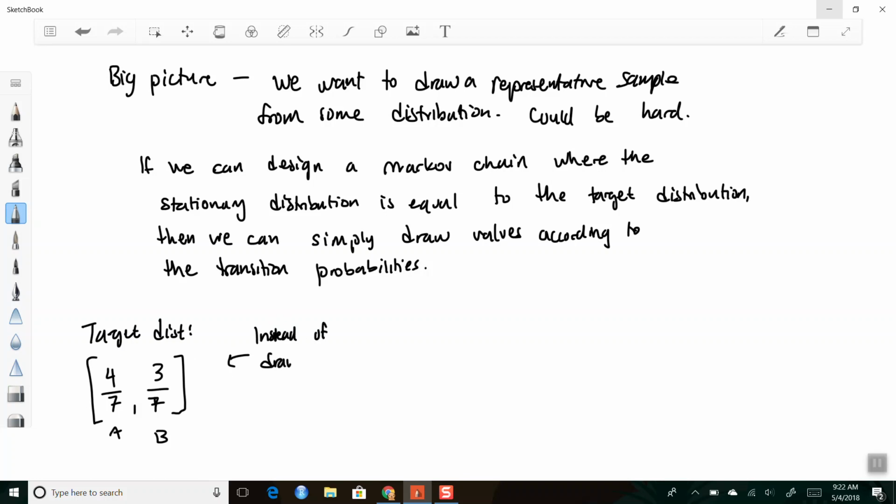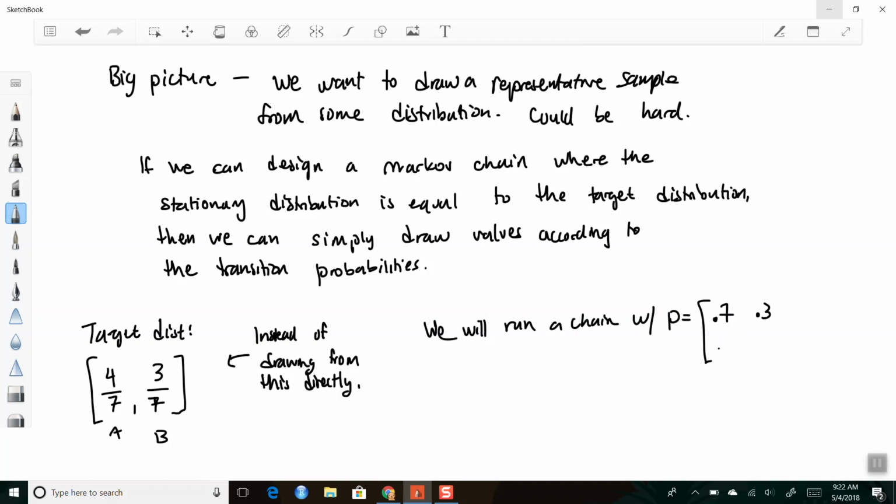Instead of drawing from this directly, we will run a chain with P equal to 0.7, 0.3, 0.4, 0.6,